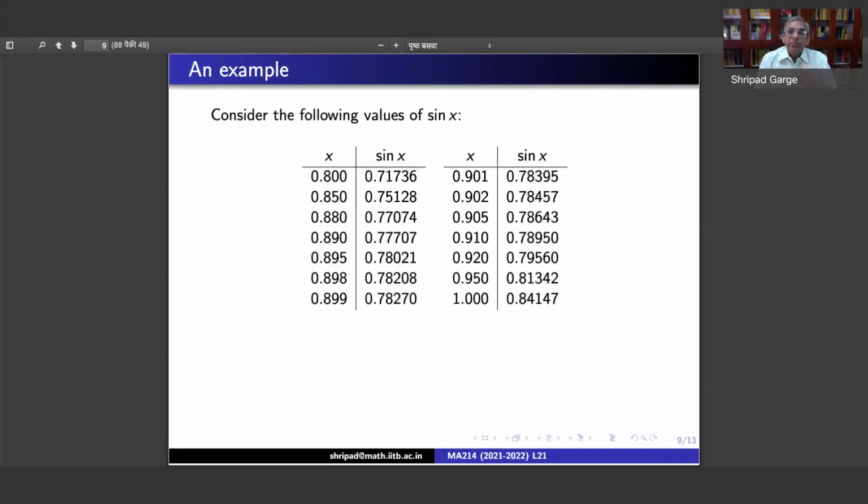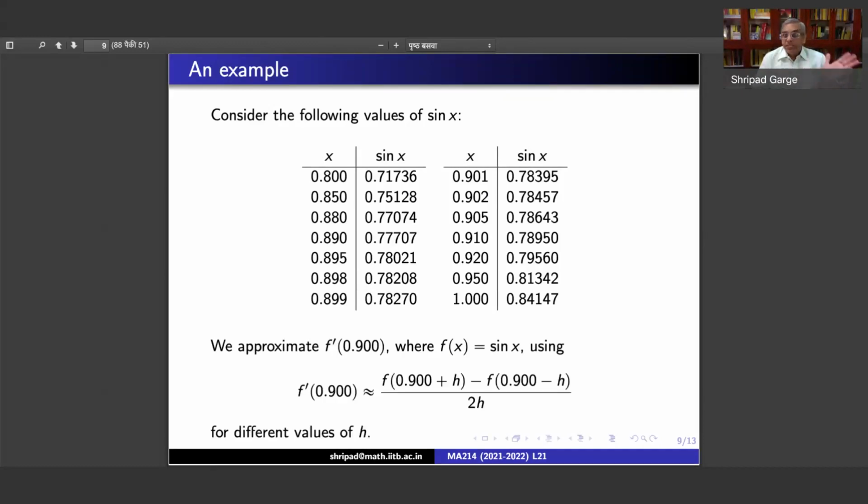of 0.9, so you will have 0.901, which is symmetric to 0.899. Then you have 0.902, which is symmetric to 0.898, all the way up to the node 1.000, which is symmetric to 0.8000. So these are the actual values of the sine function, and we will approximate the derivative at 0.9000, where our function is sine x, and we will be using this formula, the very first initial formula which